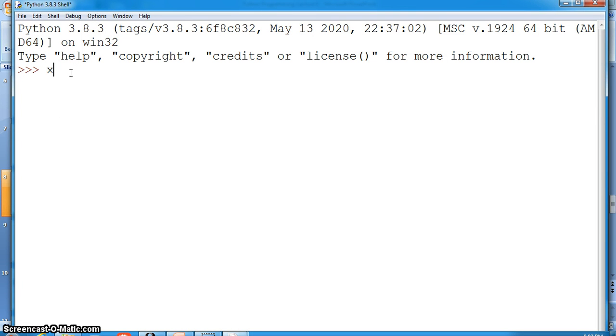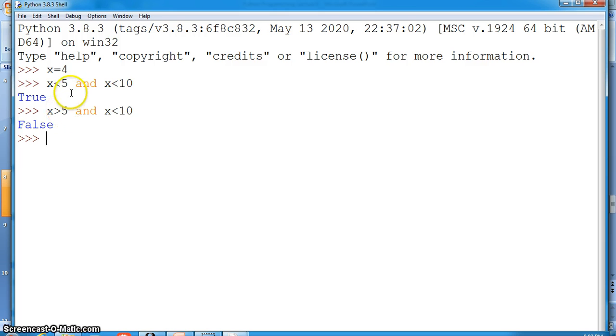So for example, I will take here x is equal to some value 4. Now x is less than 5 and x is less than 10. So x is less than 5, true. X is less than 10, true. If both are true, then it will give you true. So let me write it in another way. X is greater than 5 and x is less than 10. This gives you false.